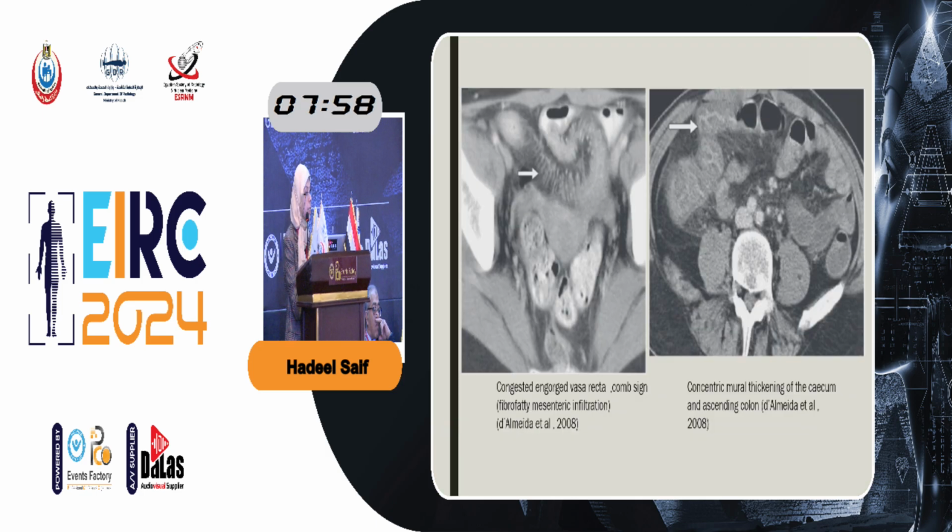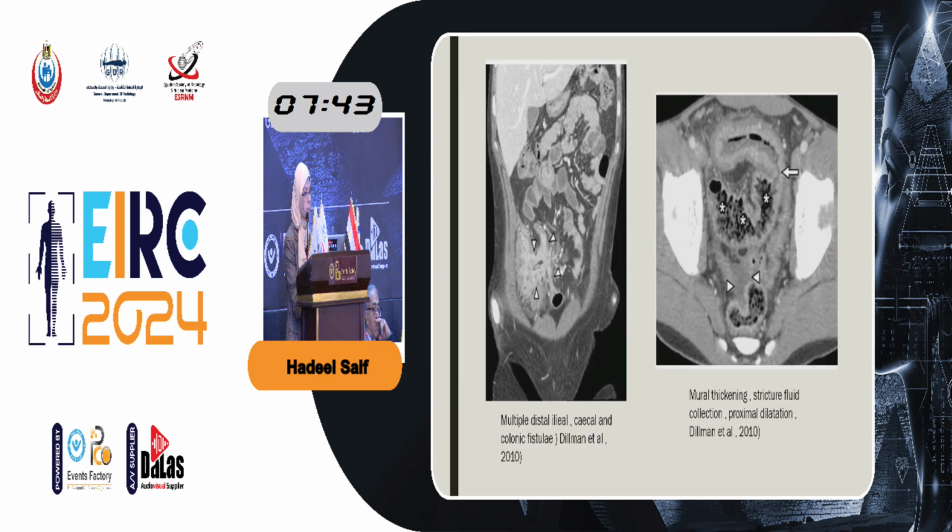Please appreciate the presence of congestion of the vasa recta, giving the comb appearance, mesenteric fat infiltration. Here is another pattern of severe mucosal edema, mesenteric fat strandy infiltration, multiple small enlarged lymph nodes. Another example of active inflammatory bowel disease showing extensive wall thickening, and please also note the preserved stratification, multiple ulcers,